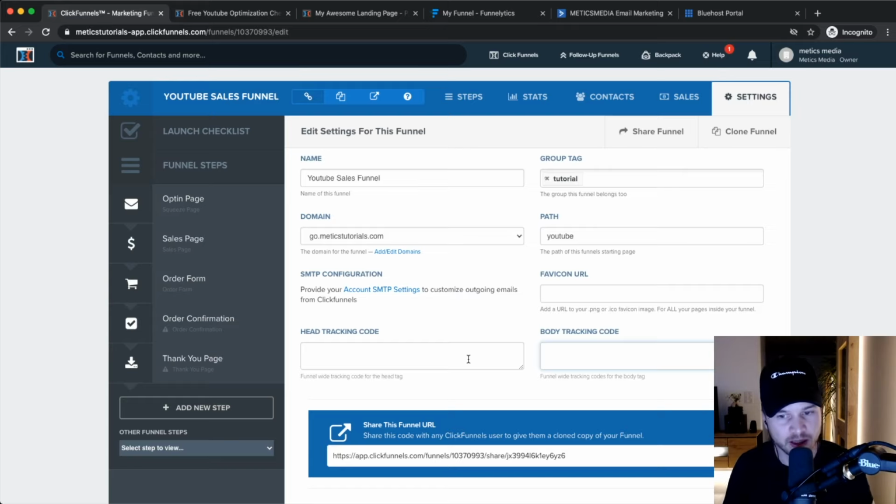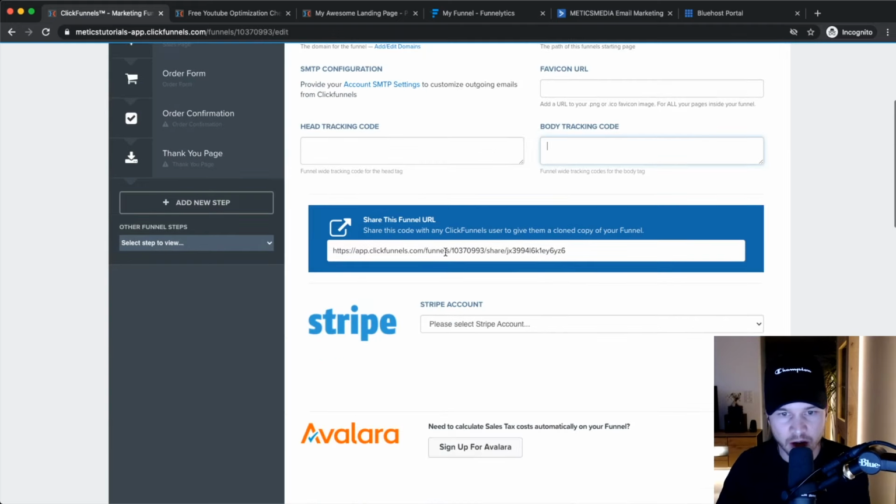You don't need to put it in each step, because with most pixel codes, they will be able to track it on a step level and not only on a funnel level, which is pretty nice. Also, if you want to share this funnel, you can use this link right here, and then you can just share this link with people, and then they can import your funnel that you have built to their own ClickFunnels